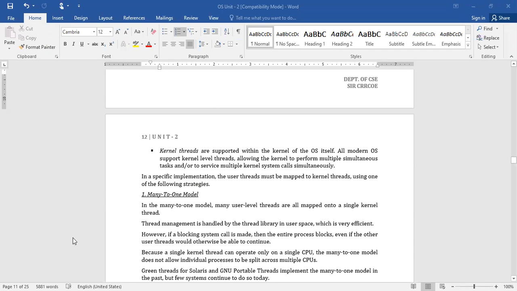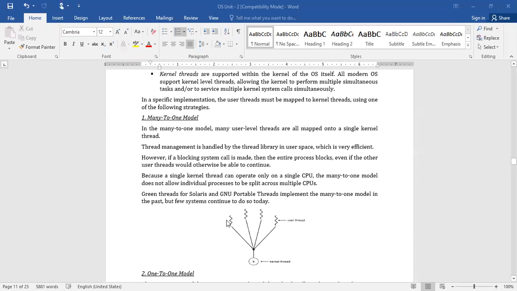In a specific implementation, the user threads must be mapped to kernel threads by using any one of the models. One is the many-to-one model. That means many user threads are mapped to one kernel thread. The thread management is handled by the thread library in user space, which is very efficient.